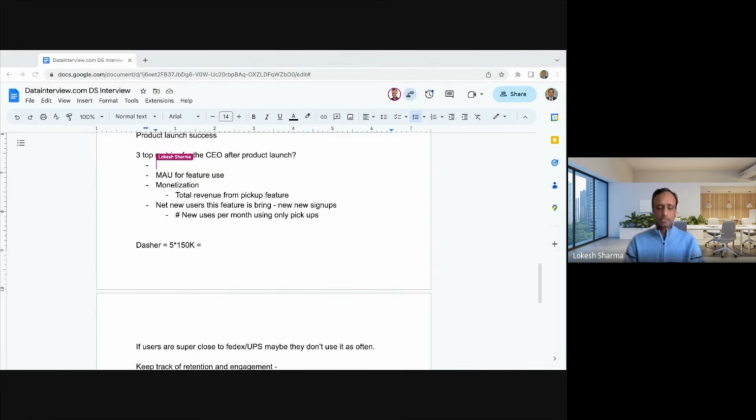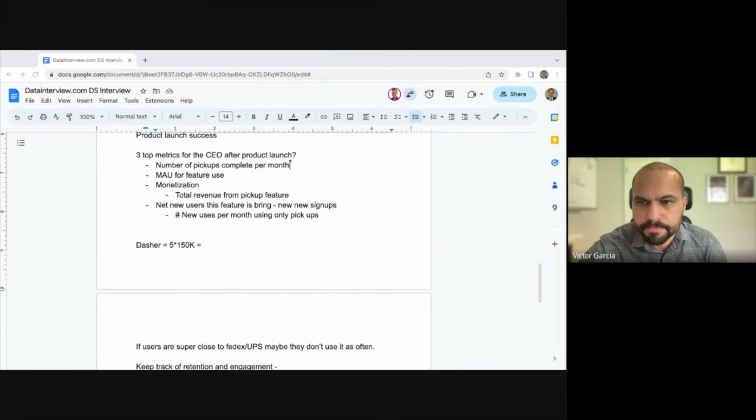Yeah, at high level, I think CEO will probably be interested in number of pickups completed per month, and hopefully we see an increase in that. Right, because if the pickups that are being assigned are not being completed, right, the feature is not working, right?